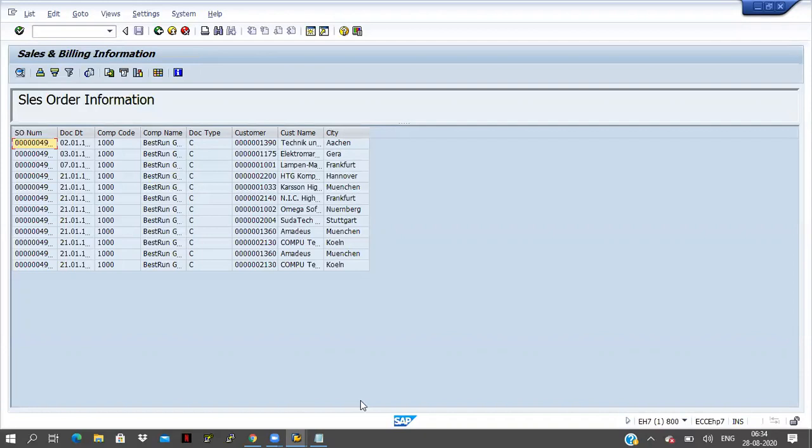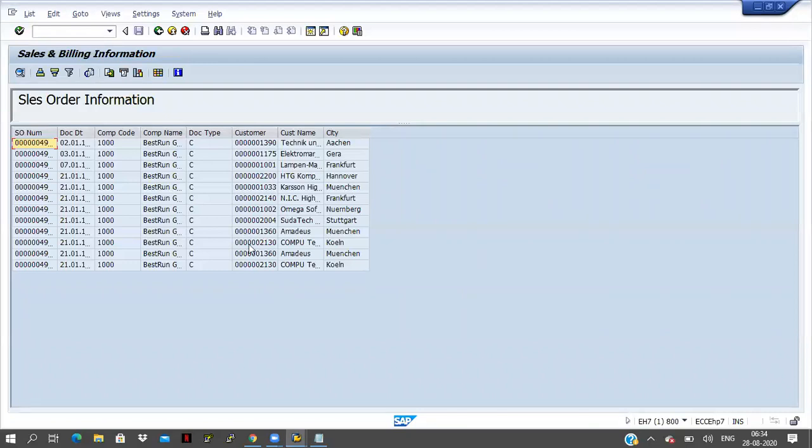Good morning to everyone. In the last class, we discussed ALV reports and the top of page event, and how we can fill the field catalog internal table in real time. Today we will discuss one more event, user command.